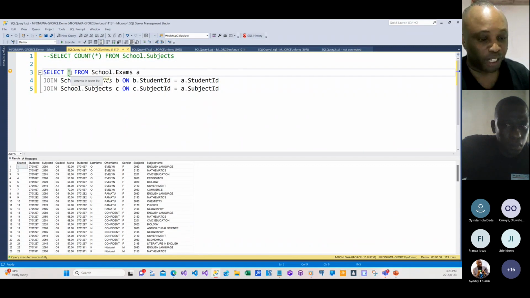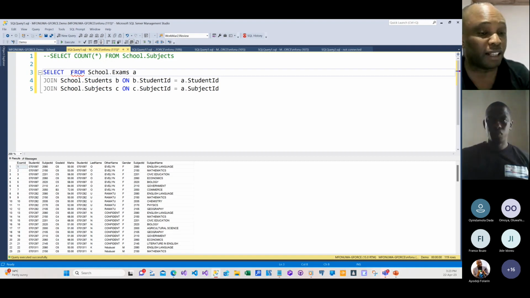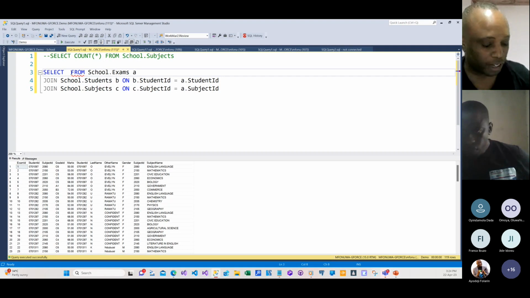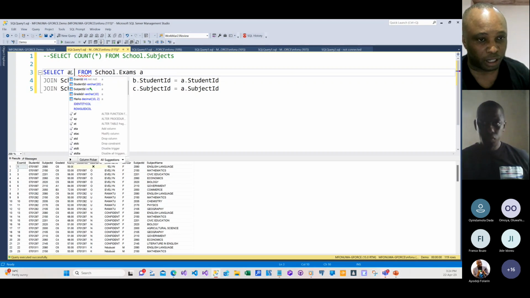Let's rearrange the columns so it makes sense. Please, if there's any question you can ask, I'm just trying to join all the tables so that the data will make sense. Right now, I want to rearrange the columns at least so that it will be more readable. So I will start with the student first so I can see B dot,